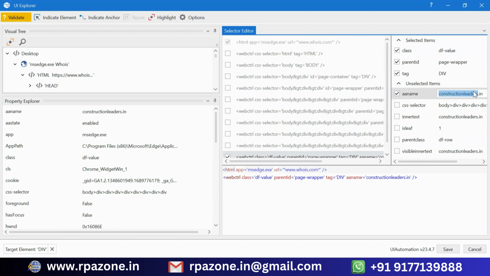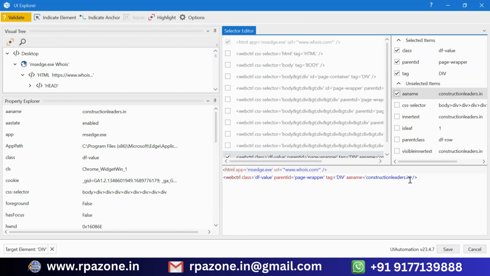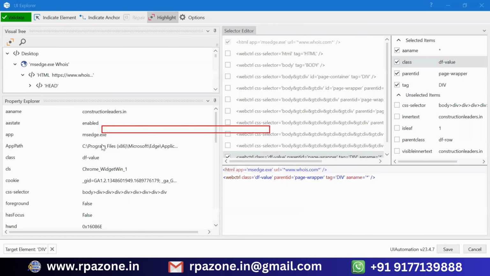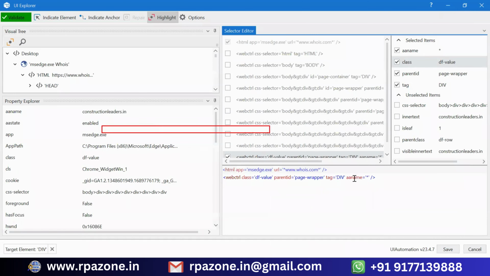Can we use wildcard selectors? Yes, we can use the wildcard selectors. Wildcard also we cannot use. Here we are not able to use any wildcard. If you give wildcard here, there is no purpose of this. See, if you validate, it is highlighting this one only, but we need to highlight this one now. Here, this one we need to highlight. But if you do not use the wildcard, if you directly give the A name,